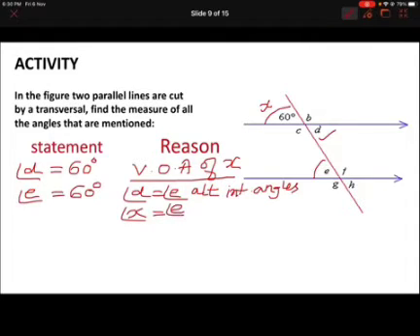Angle X equals angle E because they are corresponding angles. I hope all of you are following. It seems slightly tough, children, but it's not, because you know the results now of all these angle types. Now I found D, I found E. Now I want to find anything you can find. If you want, you can go and find F.